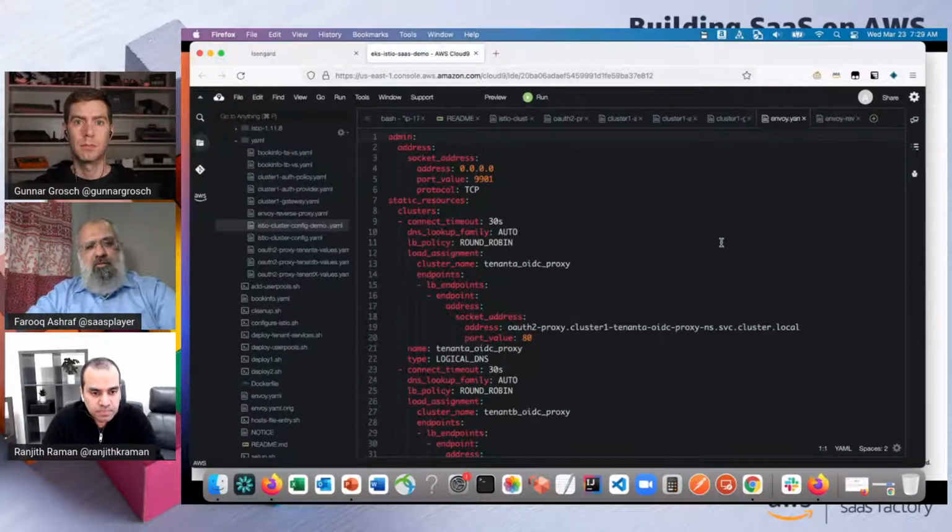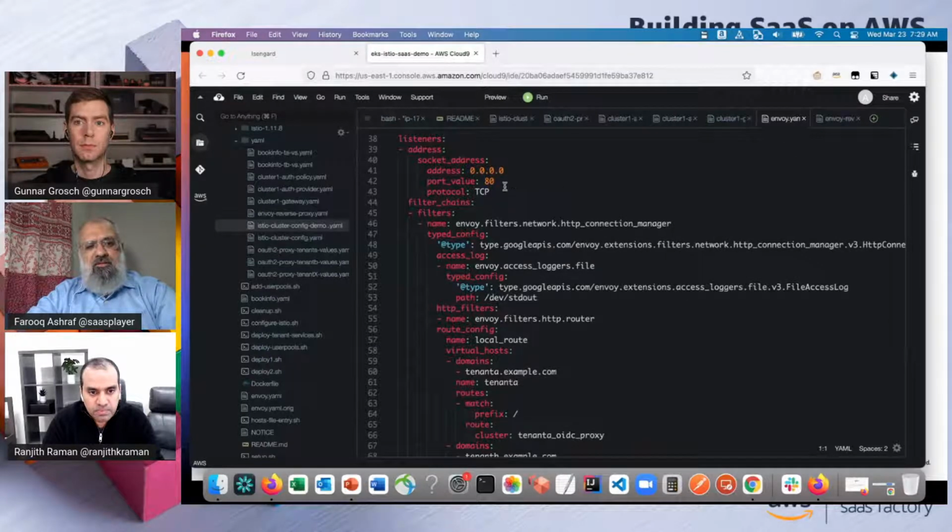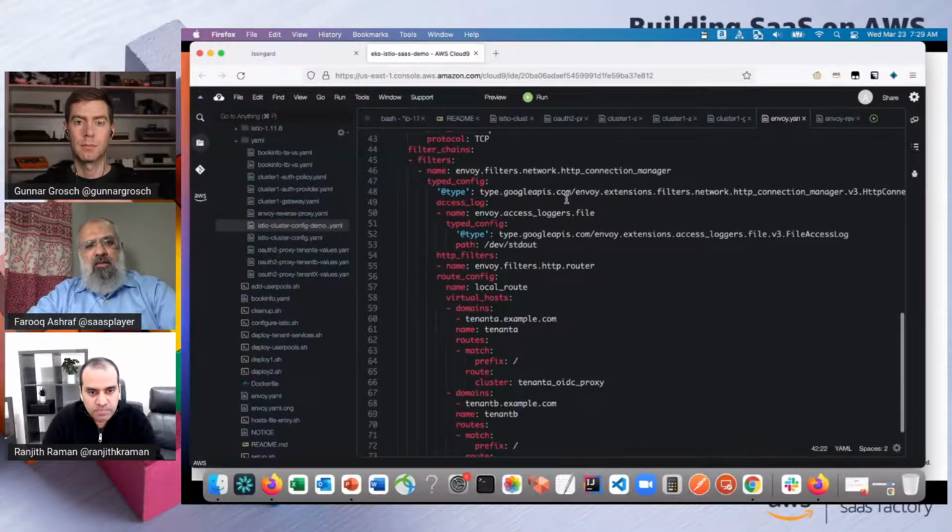So at a high level, you have to configure two basic parameters, one of which is a listener. The Envoy proxy has a listener. You can configure it to listen on any port, but we're configuring it to listen on port 80. And then you define some filters, basically.